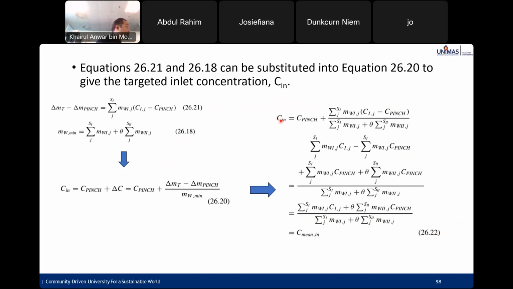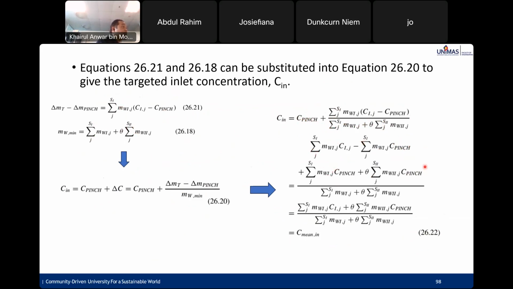So here you see C in equal to C pinch plus delta MT minus delta M pinch, which you can substitute with the right hand side, over MW min. MW min is the right hand side as well. Then all of this term you bring it, multiply with C pinch. So you get this elaborated equation